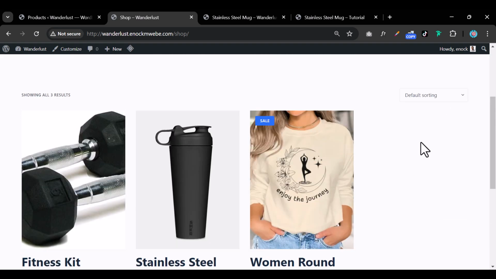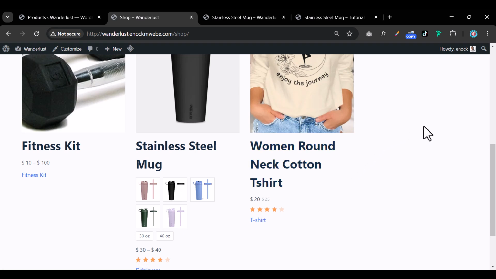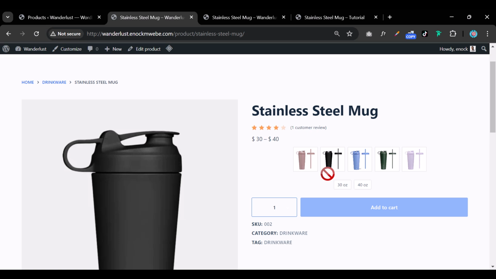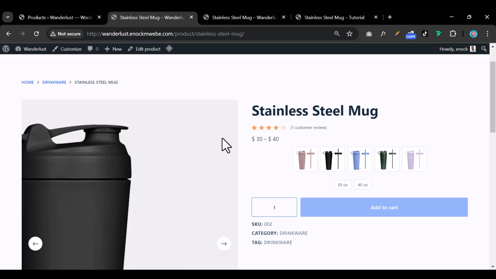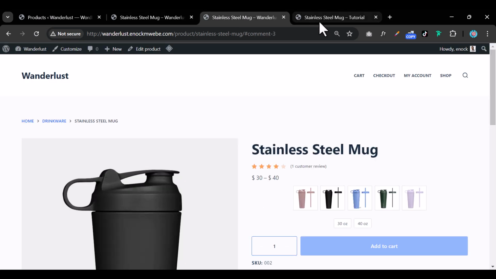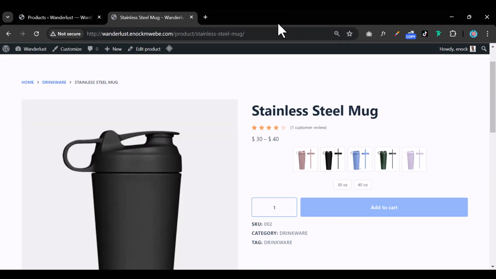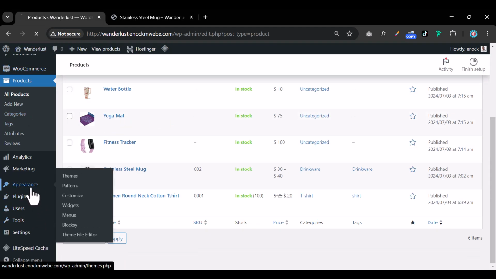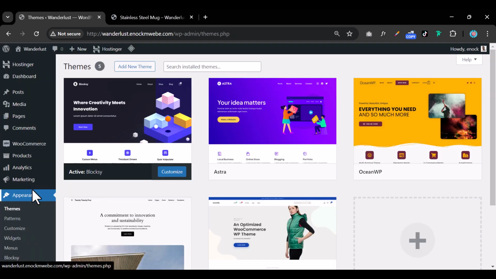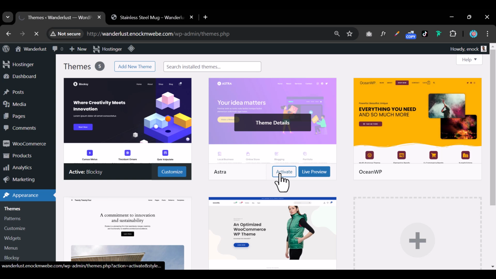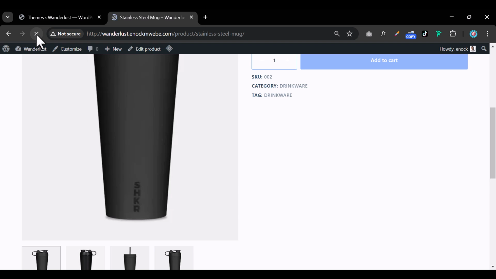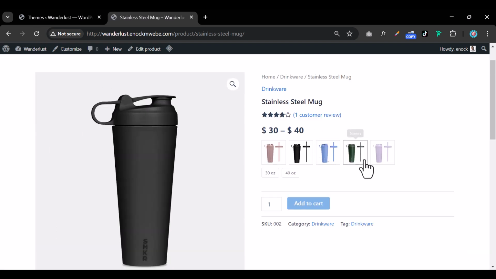Now one last thing we can do is check out the shop, and this is how it's looking. Not the best shop section, but first we need to style this page right here. So here is where the importance of the theme comes in. If we close all these and go back to our dashboard, and go to appearance. Now if I activate the Astra theme right now and I update this product page,